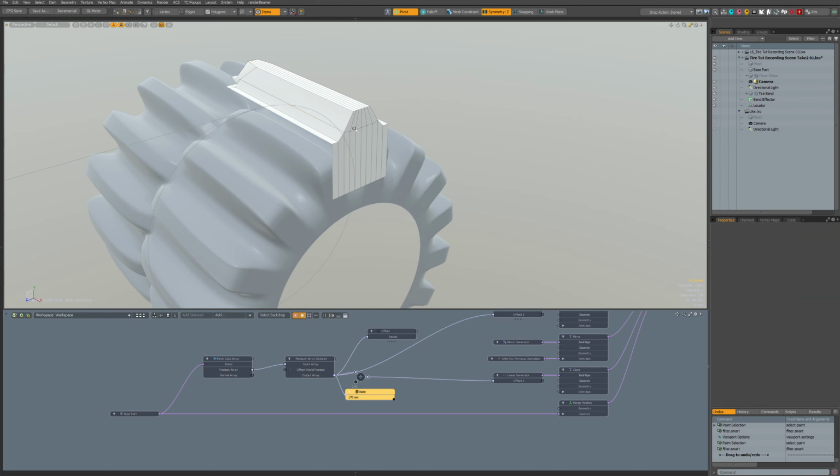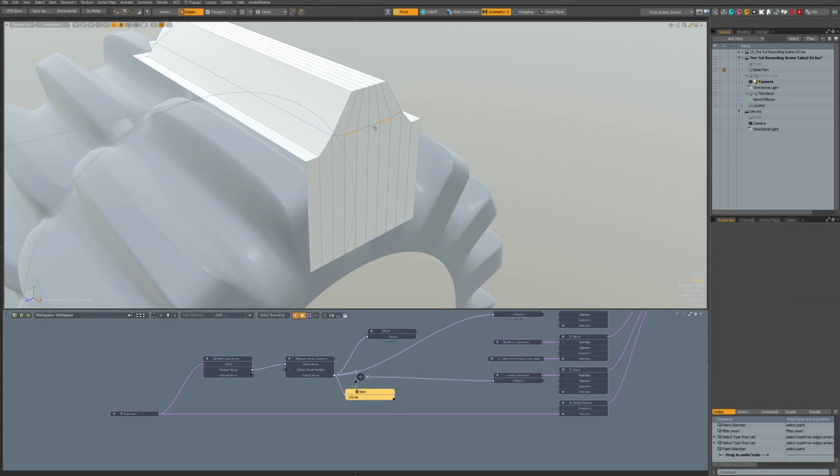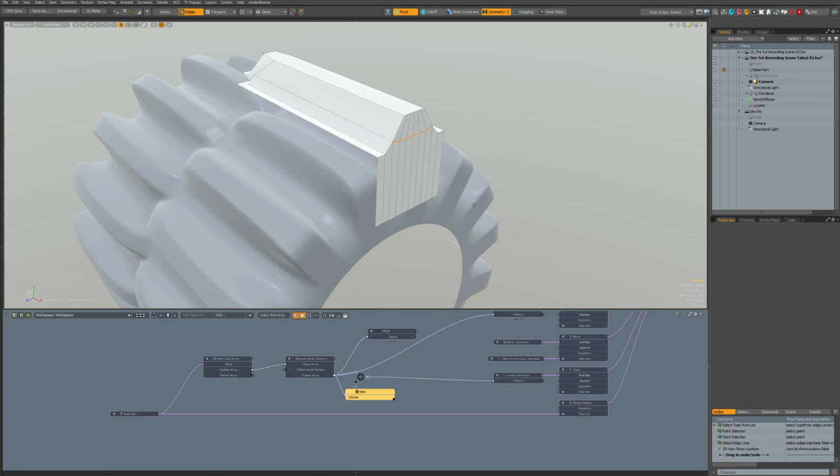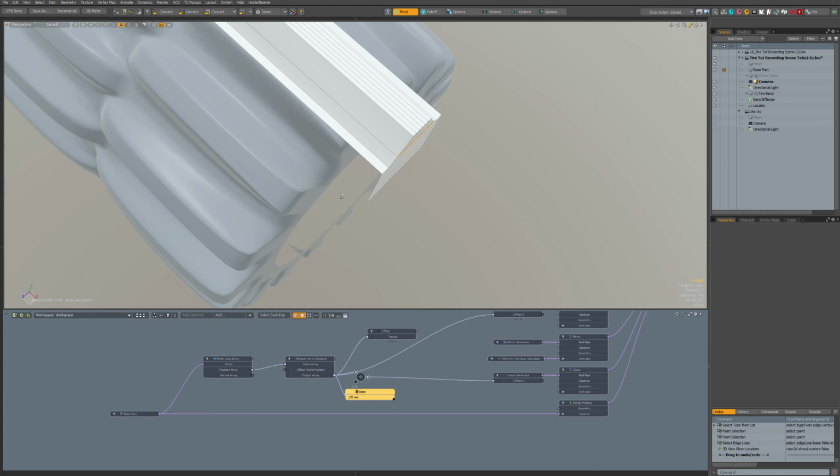So I'll keep the anti-aliasing activated, so we will see the selections better.